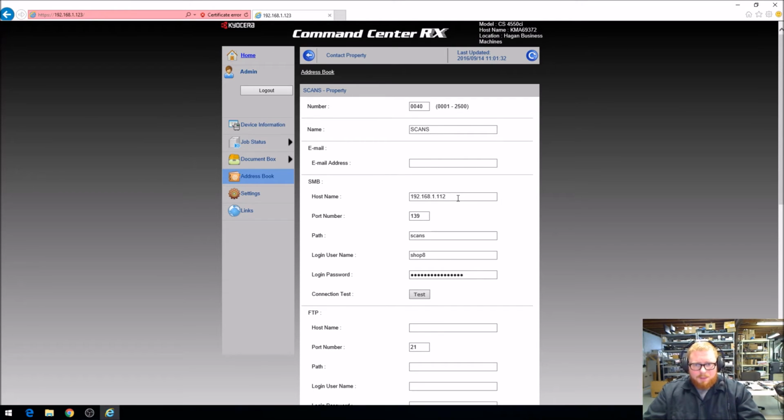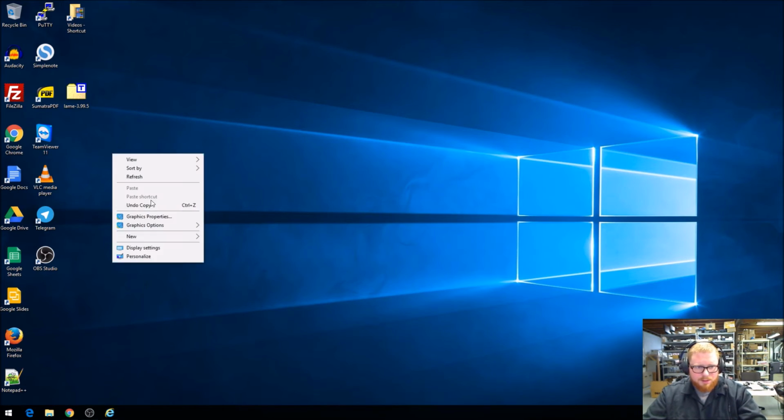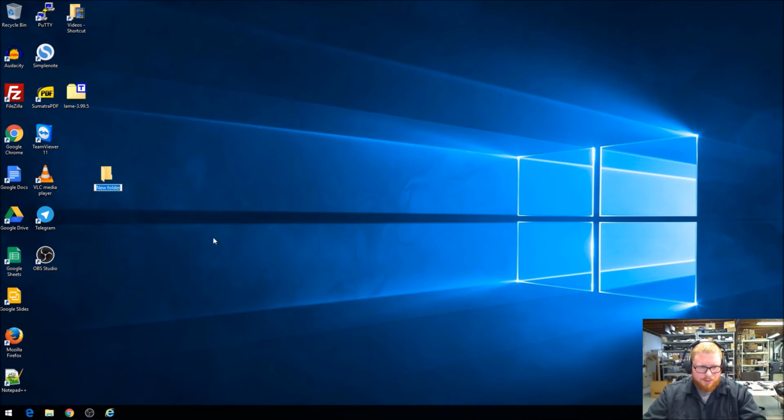You can enter the IP address or the host name of the computer. Usually both work, doesn't matter. I prefer the host name, so in case something changes, you always have the updated thing. So for this to work, what you need to do is start out by finding the folder that you're going to use to scan to. So in this case, I'm putting it on the shortcut. The folder will be on my desktop, so I'll just say